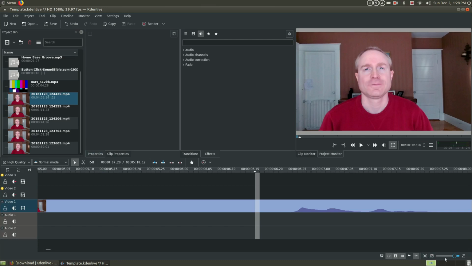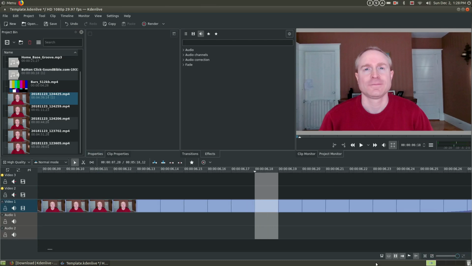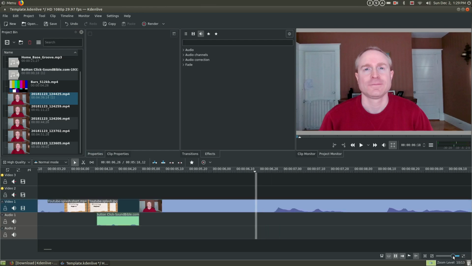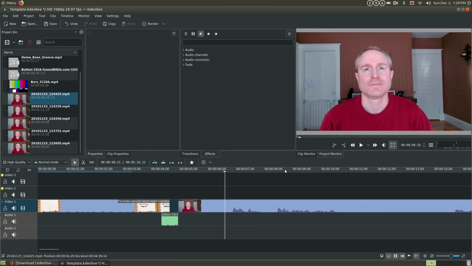And you'll see if we zoom all the way in, this is going to split it into individual frames that are occurring in your video. Those individual frames happen at about 30 frames per second for the United States, and if you're on a PAL type of system, they'll happen at about 24 times a second. We're going to zoom back out, and so if I need to remove something from my video, I can use the shortcut key, Control X, and you'll see this little hand down here on the clip will change to,